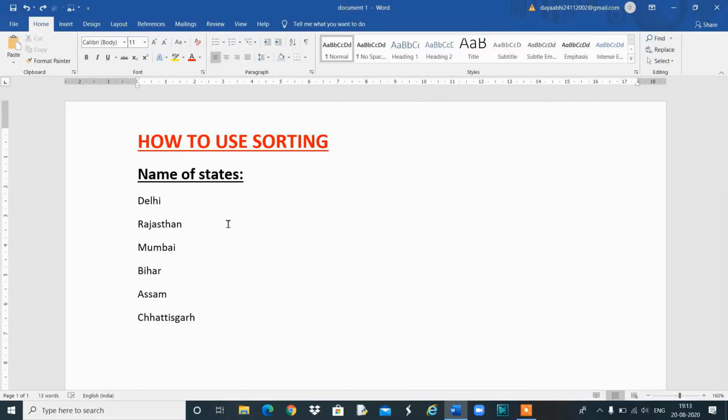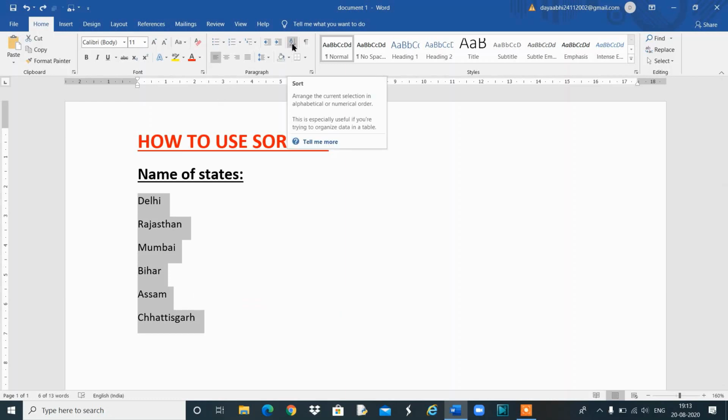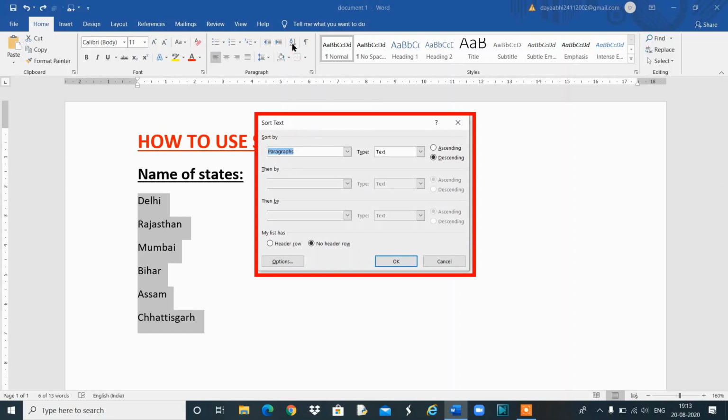The next one: I have written some text. We can work on sorting in this document. The Sort option is used to arrange the current selection in alphabetical and numerical order. I have written names of states: Delhi, Rajasthan, Mumbai, Bihar, Assam. This text is not in sorted order, that means this is not arranged alphabetically. I want to select the text here. I go to the paragraph group and this option for sorting, it gives me a dialog box.